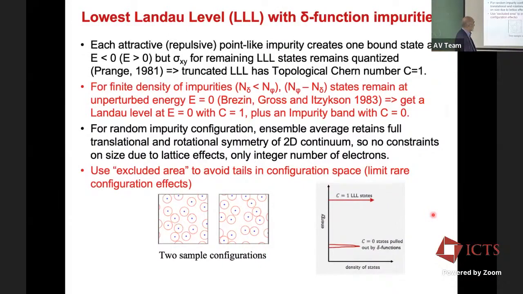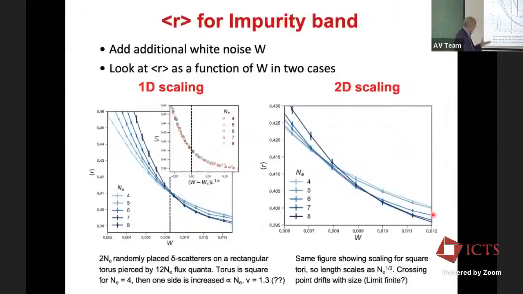All right. So we tried to do that for different sizes. Now we don't have any constraint because it's a continuum model problem. The lattice size can be anything we want, and we can do it such that the density is maintained. All right. And so now we can do 4, 5, 6, 7, 8 electrons. Okay. And look at how it works for one-dimensional scaling. Basically taking a square sample and then making it rectangular as it goes from 4 to 8.